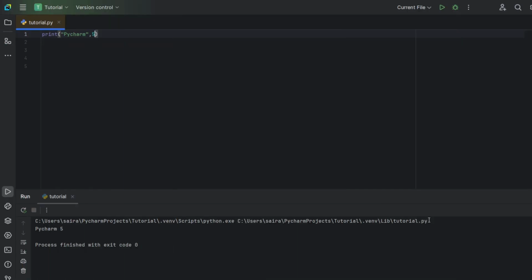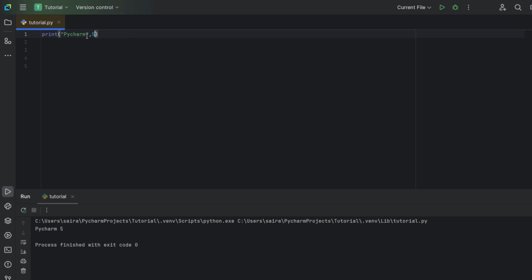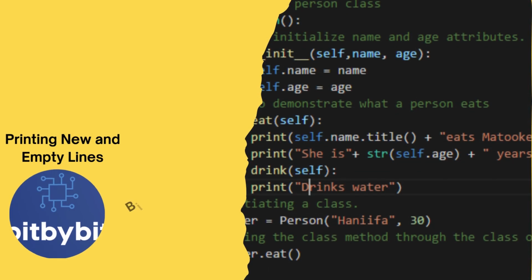Okay, in the last tutorial, we were looking at this very line of code. Now, what is this line of code exactly called? You see, we have the print function over here and our two arguments, PyCharm and 5. Together, this is known as a function invocation. A function invocation is one of many possible kinds of Python instructions.